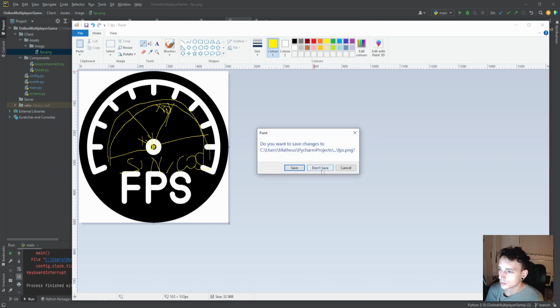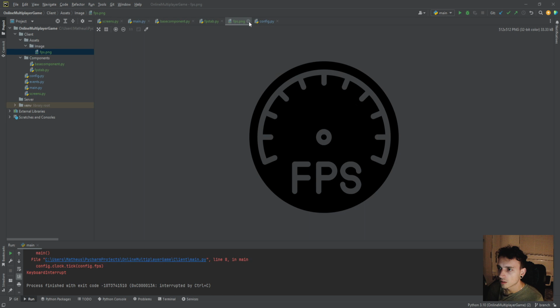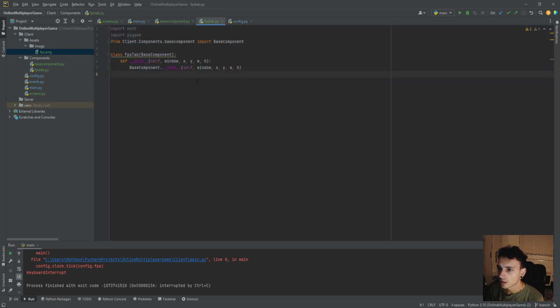So I'm gonna close this. I'm not gonna save. Close this again, and we're gonna import the image. So the file name goes to slash assets, not assets, image, fps.png. Okay,